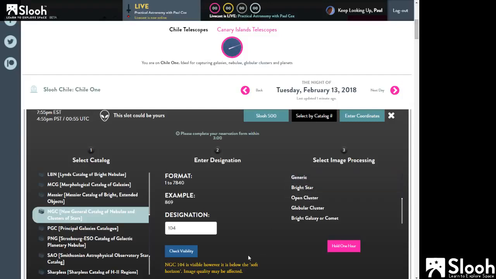But look, we give this warning. So down here in yellow, hopefully you can read this, but it says NGC 104 is visible. However, it's below what we call the soft horizon. Image quality may be affected. All right, so it's giving you a warning there. This thing is low. I'll explain what the soft horizon is in a sec, but we'll just finish off this